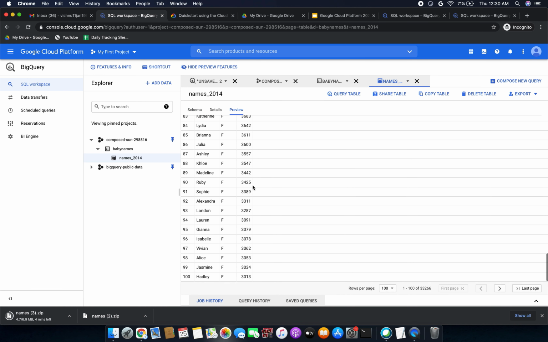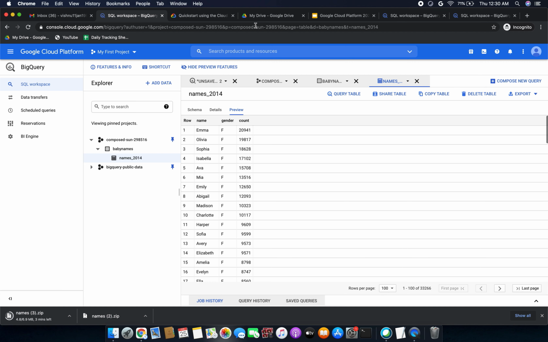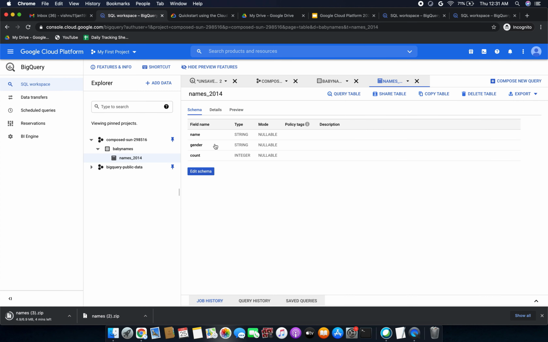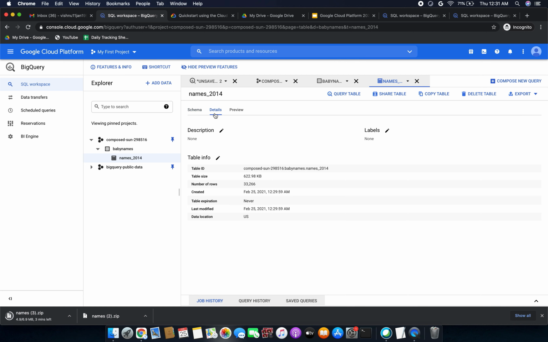It has 100 rows per page. Total 33,000 something rows we have, and whatever we can edit, we can view that also.